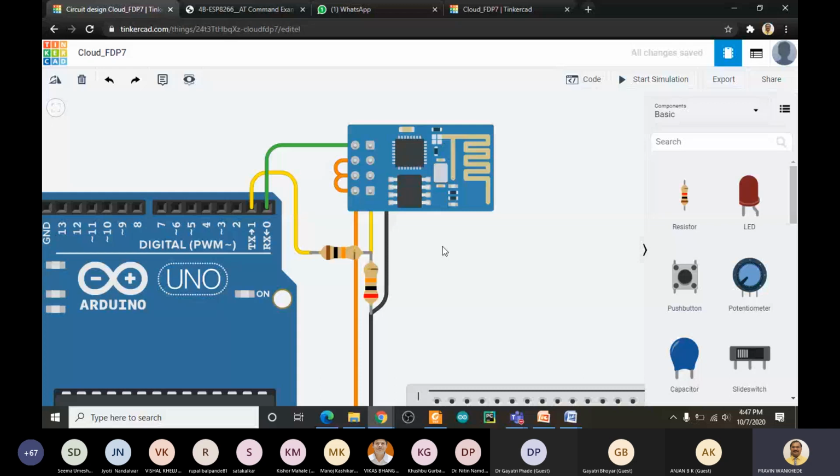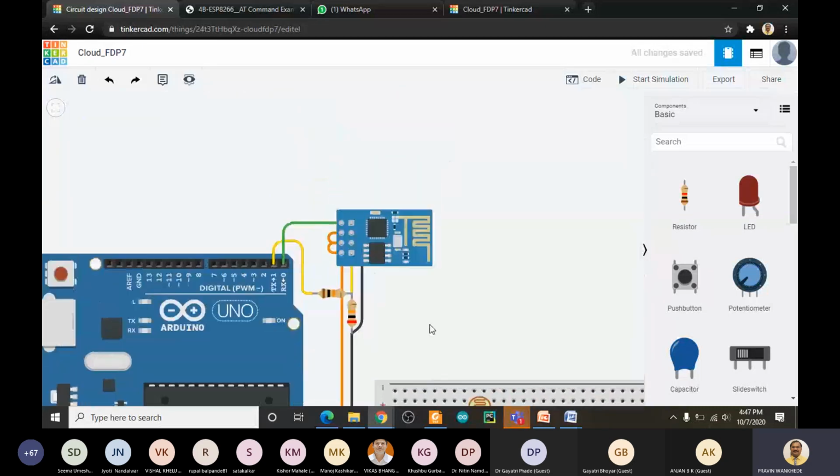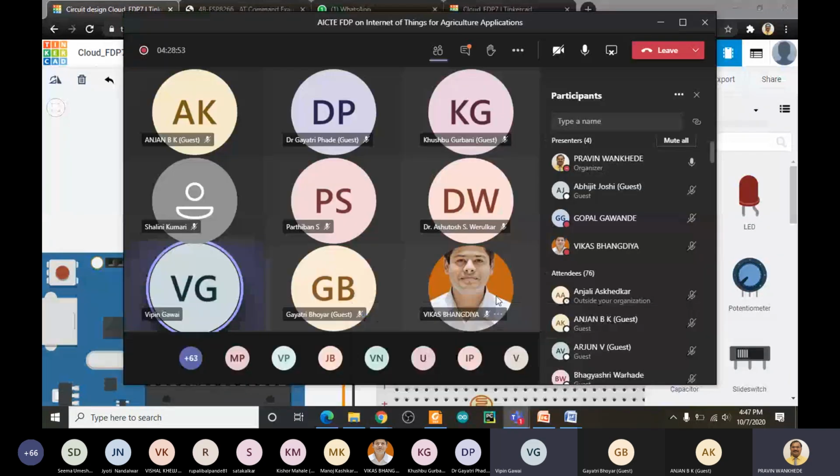What we are doing here is reading the data. The Arduino reads the data from the LDR and temperature sensor, and then through RX and TX, that is the UART port, it sends it to this Wi-Fi module. Vipin Gavaiji, do you have any query?